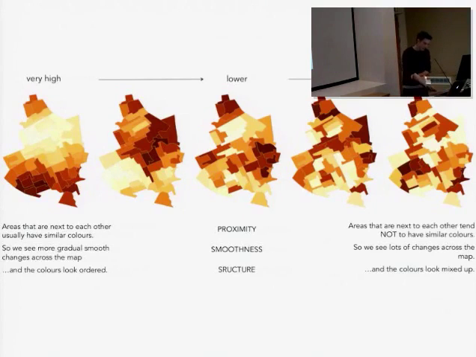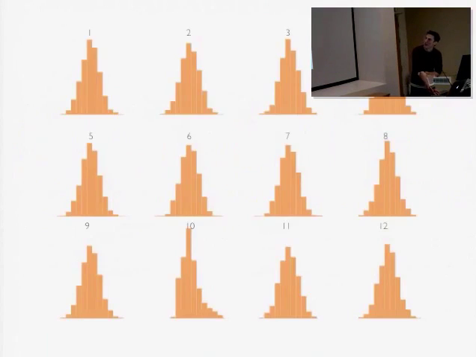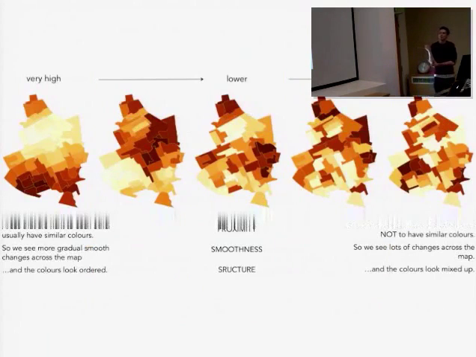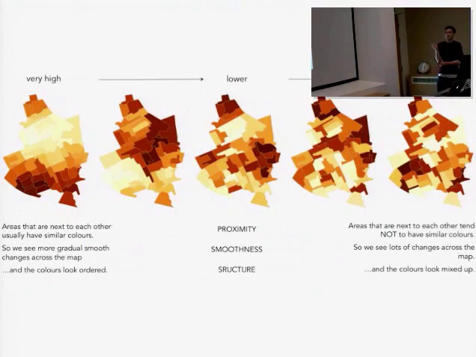We think that these lineup tests might be a useful way of looking for autocorrelation structure in maps. A key concept in geography is spatial autocorrelation, and that says that everything is related to everything else, but near things are more related than distant things. So things that are similar are more likely to be closer together than further apart. And we can see that in these maps here.